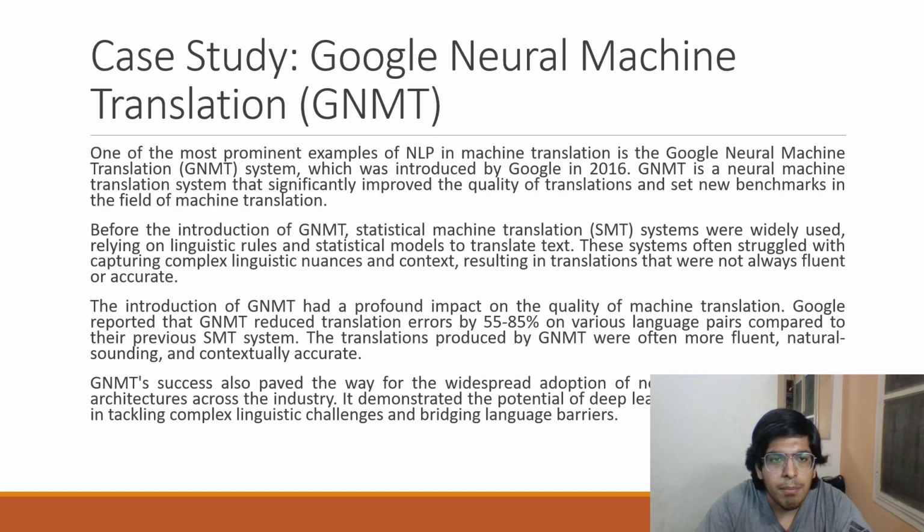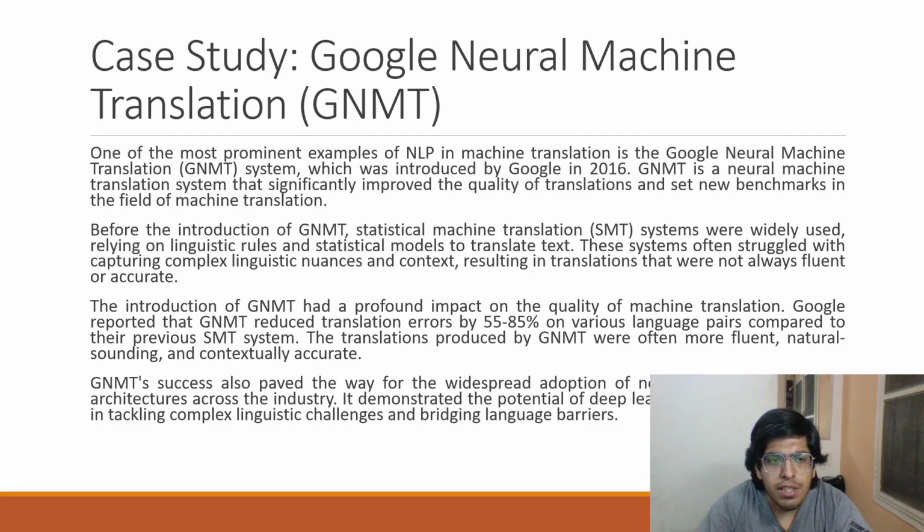Now let us take a look at a case study involving Google Neural Machine Translation, also known as GNMT. One of the prominent examples of NLP in machine translation is the Google Neural Machine Translation System, which was introduced by Google in 2016. GNMT is a neural machine translation system that significantly improved the quality of translations and set new benchmarks in the